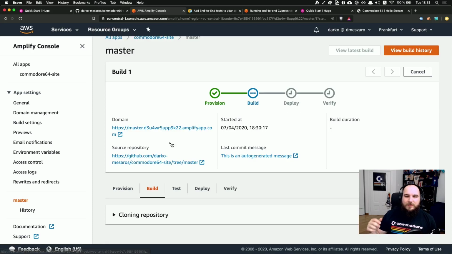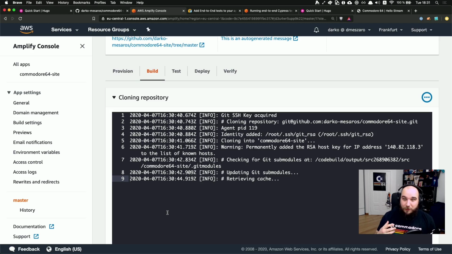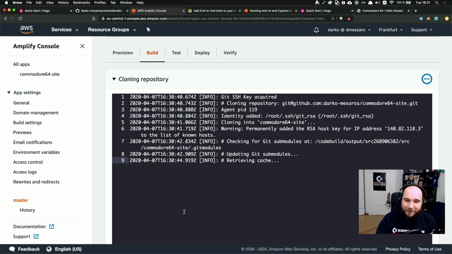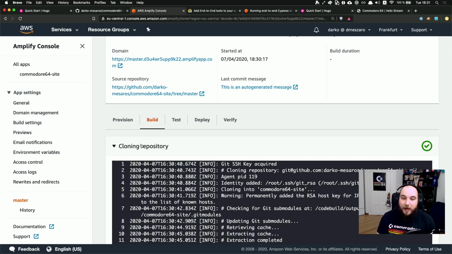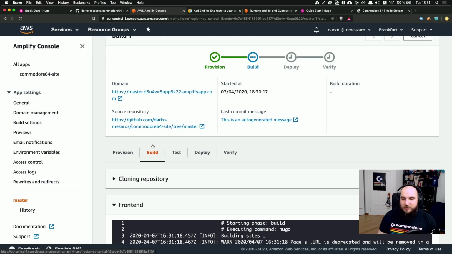It clones my GitHub repository. It's not showing anything potentially sensitive. It's cloning my Git repository right now, and thanks to that Hugo JSON file you've seen there,